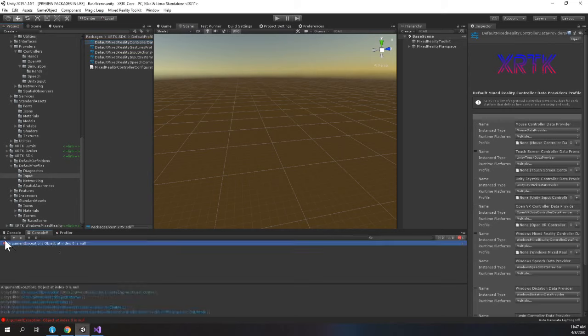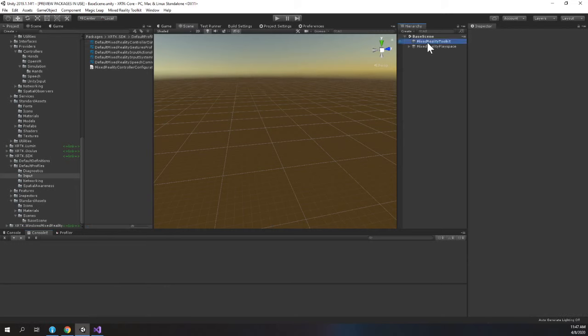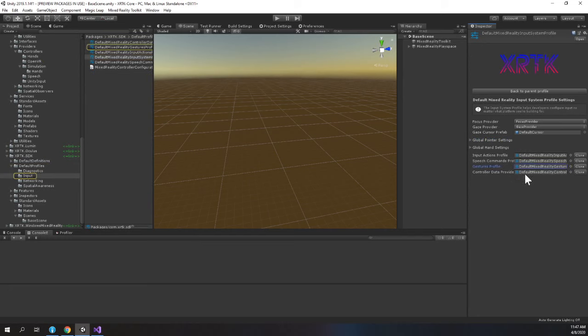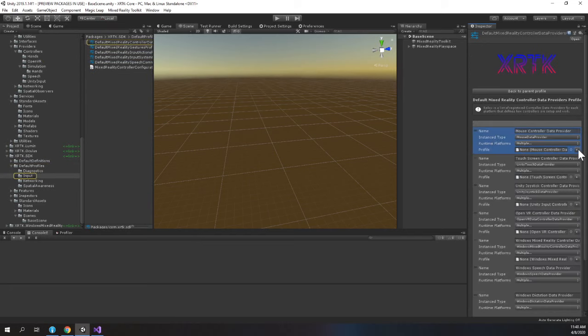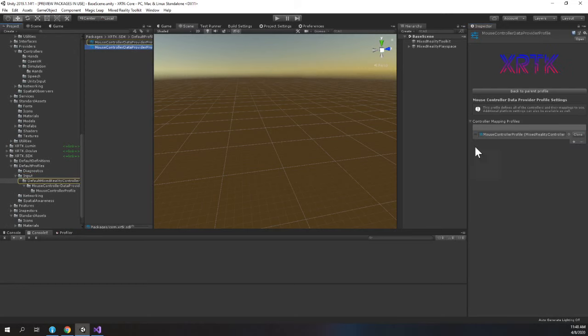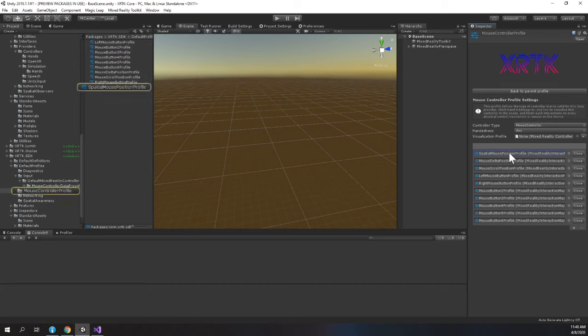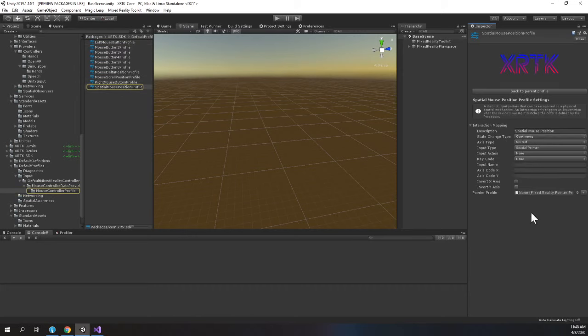All right, so let's take a look here. Let's drill back into where we were at. Let's go ahead and create a new one for our mouse profile. Okay, so it looks like it created these correctly, and then it looks like it also set the initial data